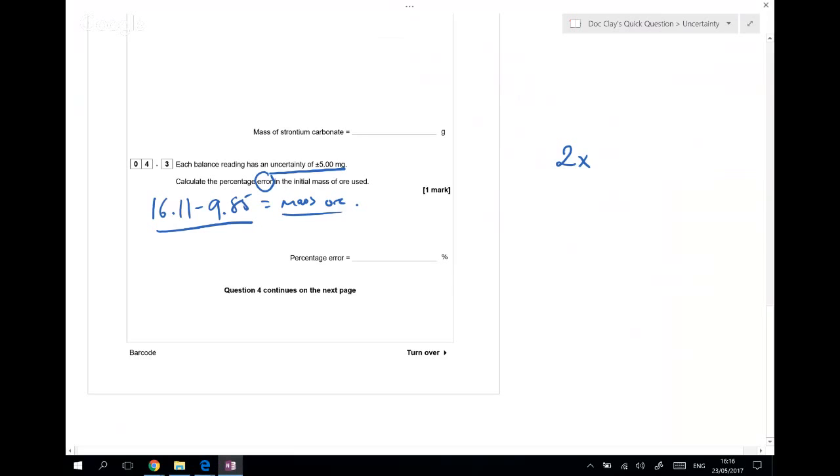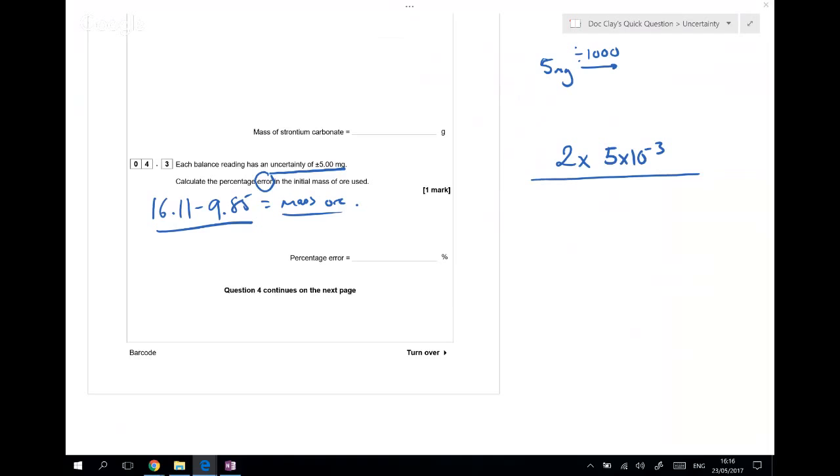So we got 2 times 5 times 10 to the minus 3, and we're doing that because to convert from 5 milligrams to grams, we need to divide by 1000, divided by our total value here, which is going to be 16.11